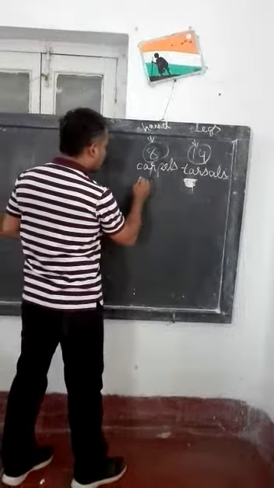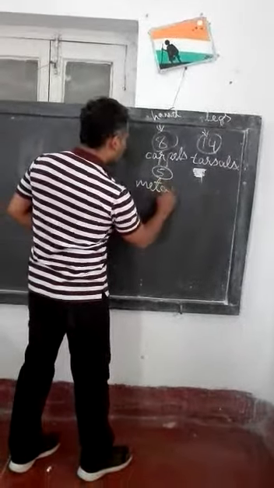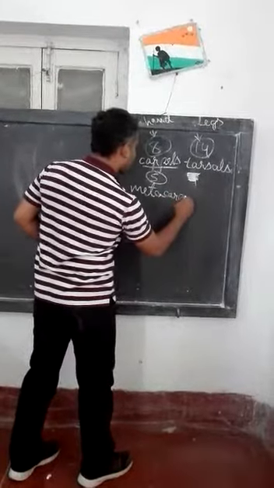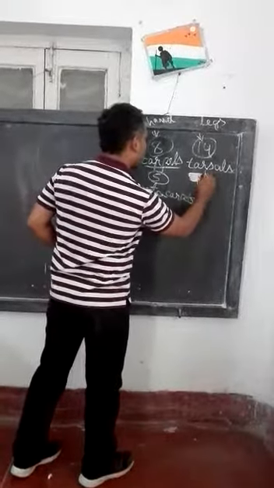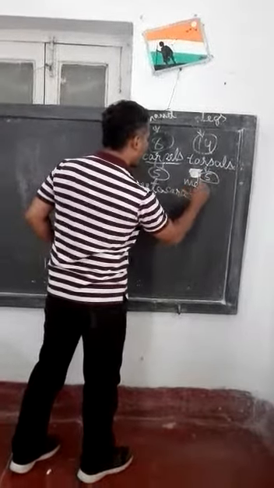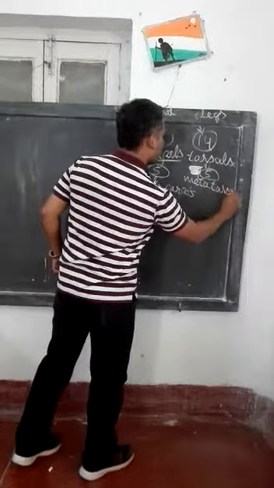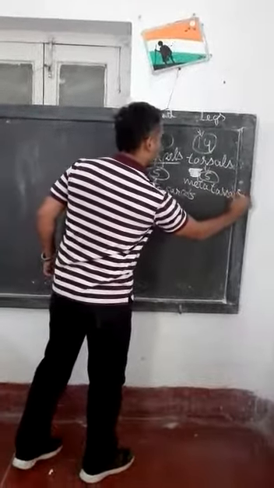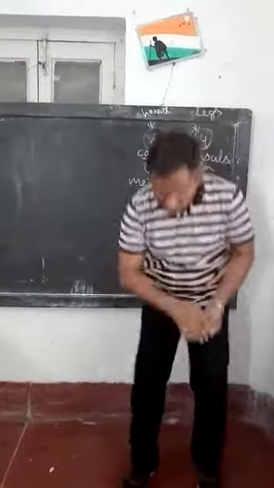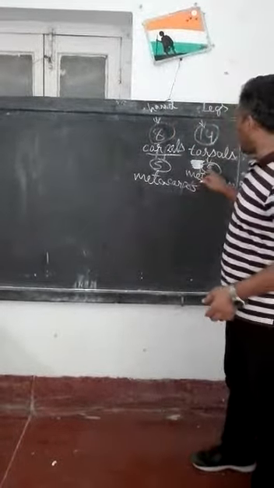Next, in the hand you have 5 metacarpals, instead of carpals. The legs are also the same. Next you have 5 bones, tarsals, and 5 metatarsals. So to each finger you have 1 bone. Here also, in the legs, to each finger of your leg, you will have 5 bones,